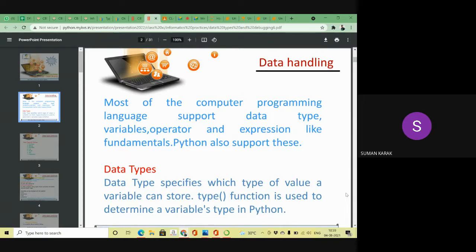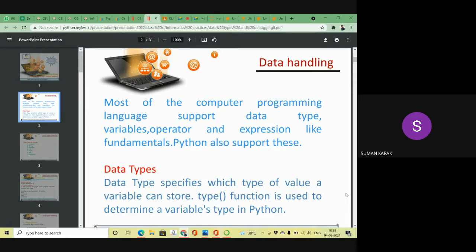What is data handling? Most computer programs, we know there are many different programming languages, like Python, C, C++, Java, Ruby, Kotlin. In this class, as per CBSE, we are only discussing the Python programming language.